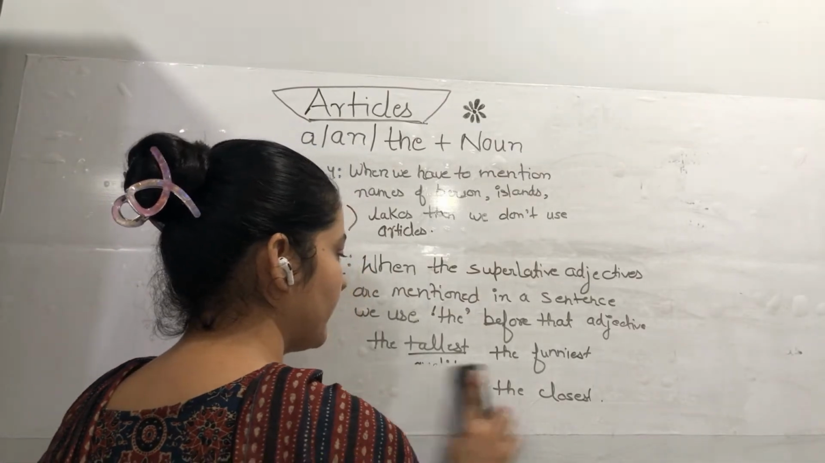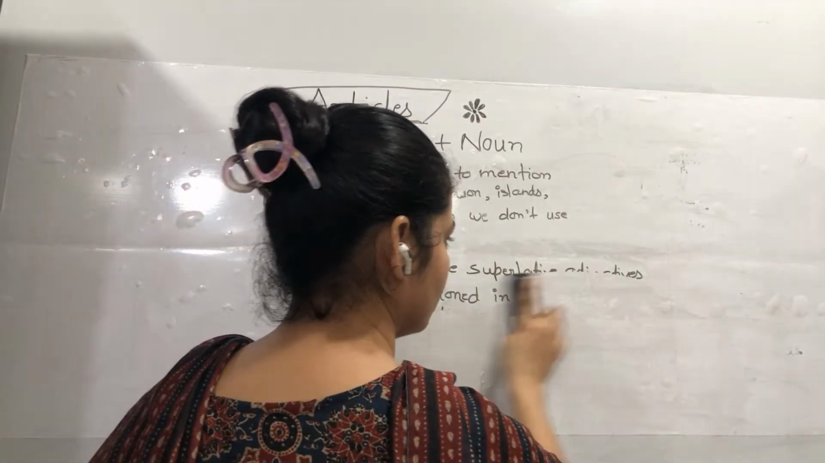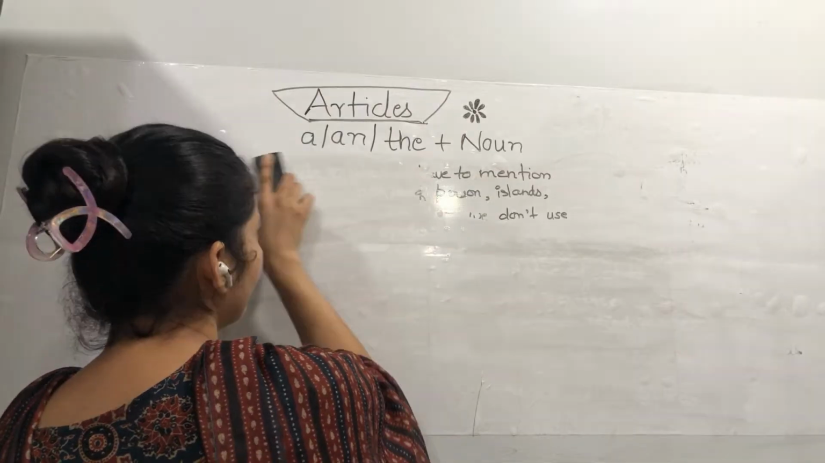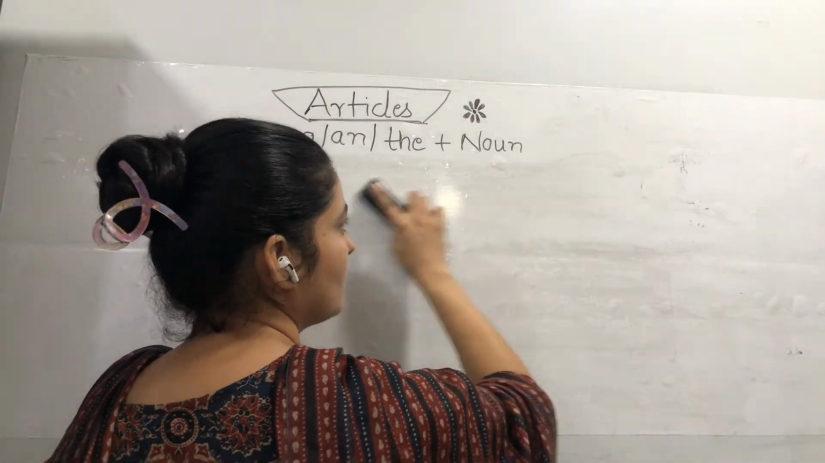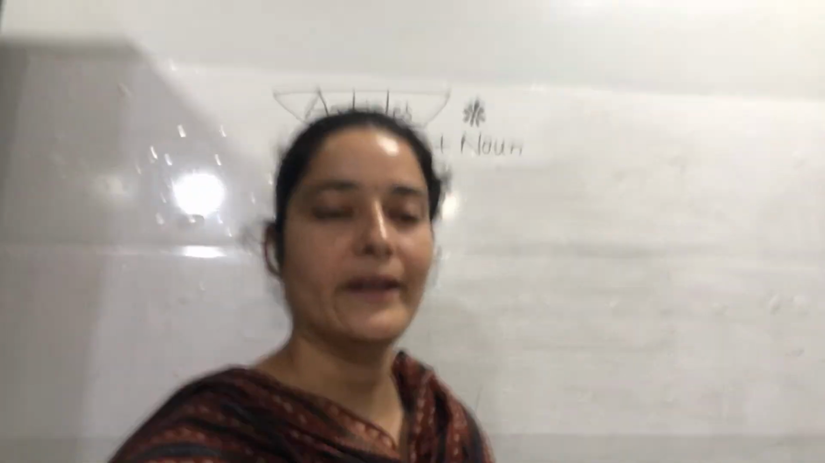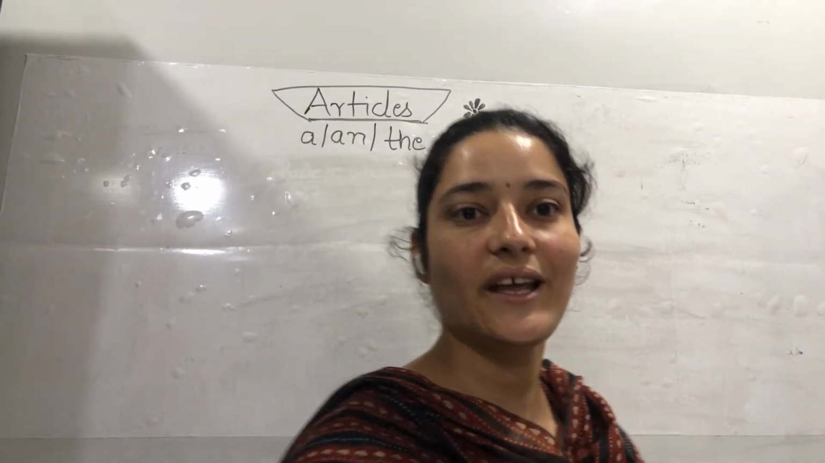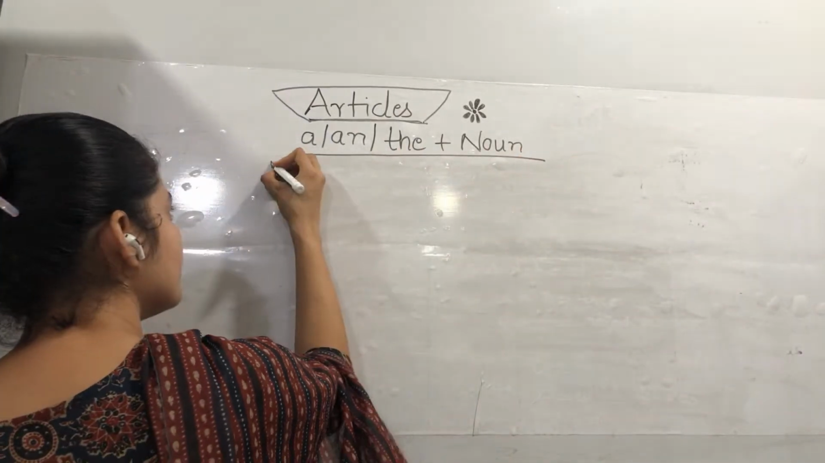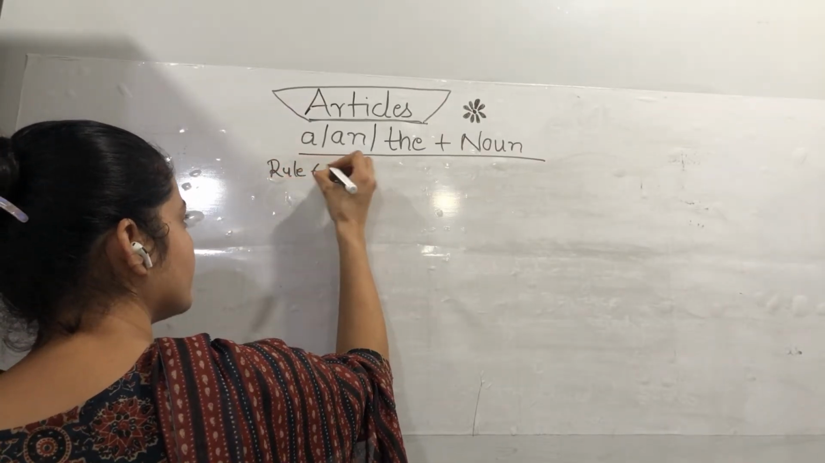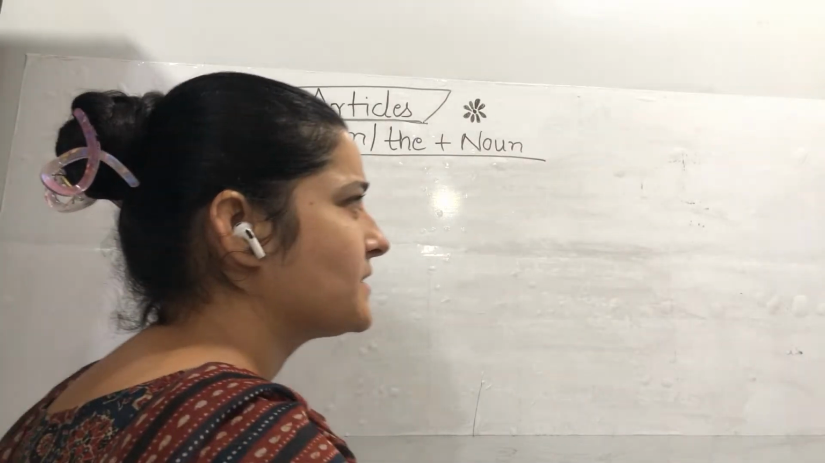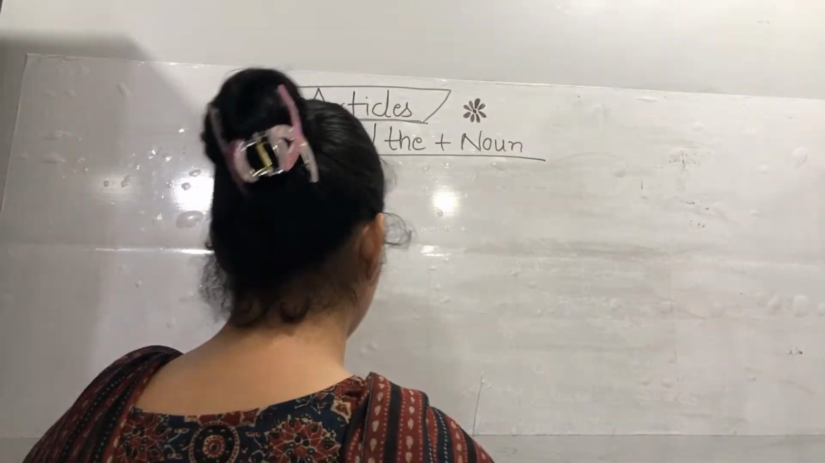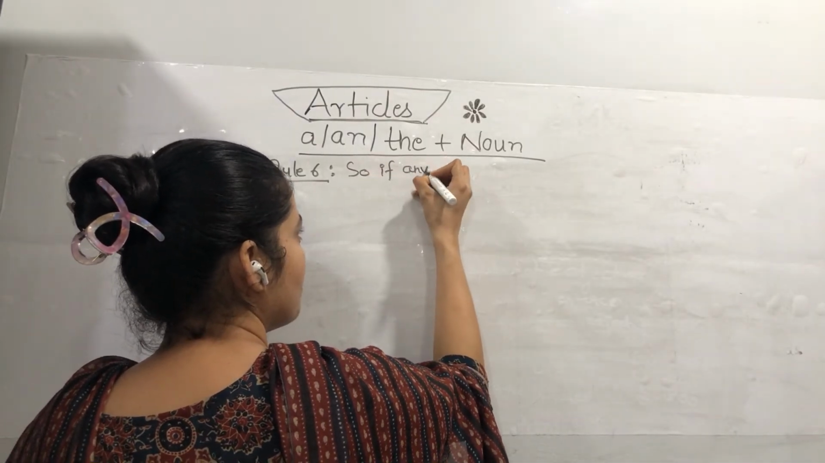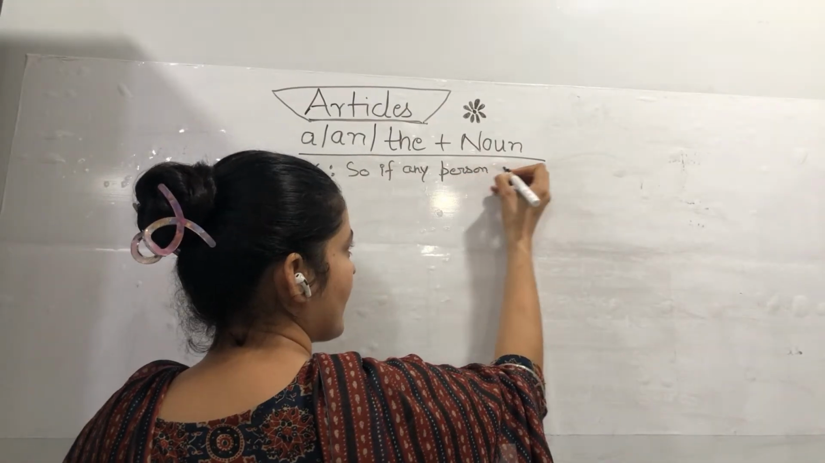So I have to rub it. We'll do exercises also in the next video. Okay, so that we get 10 out of 10 always to understand the articles. Now, what is rule number 6? The rule number 6 depends upon the presence. Okay, so if any person is available